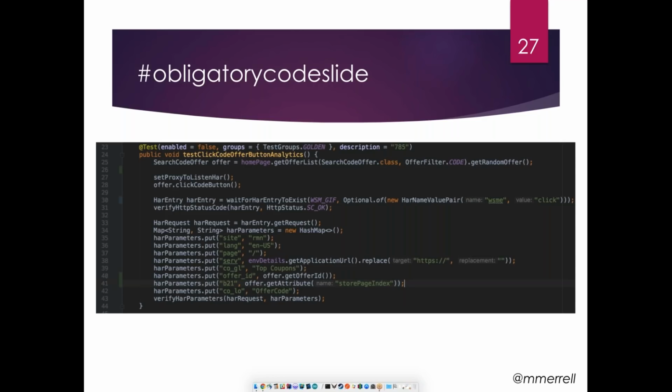All right. Next question doesn't have a slide number, but I think it's interesting. What test scenarios would you design when testing analytics? I would first and foremost go one of two ways, one of which is: is there a single most popular thing that happens on your website if you're a B2C player? In our case, if you search for a particular store and click on a coupon, that's the most popular thing that happens on our website.